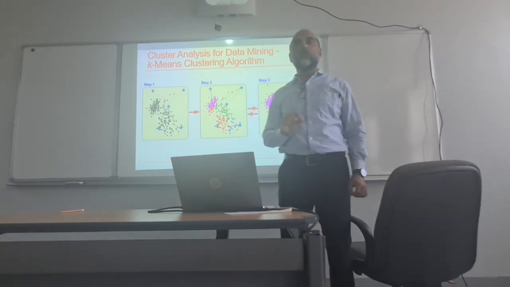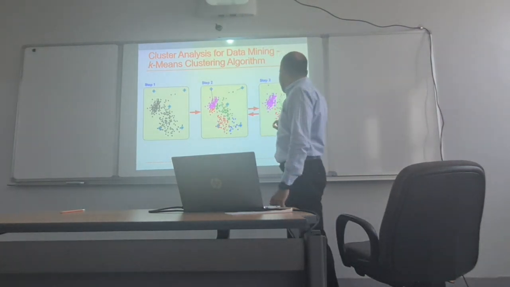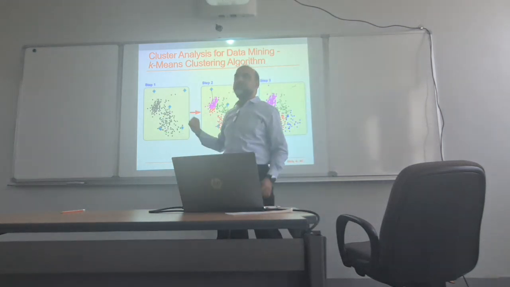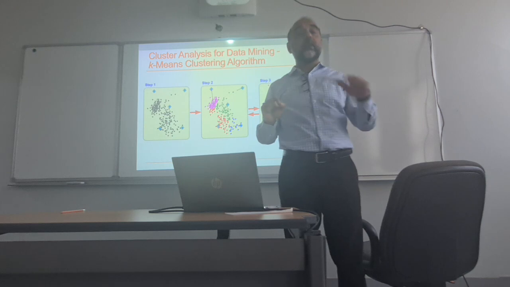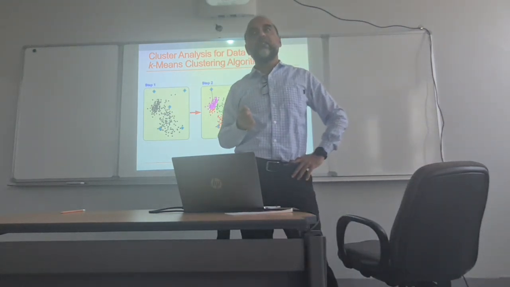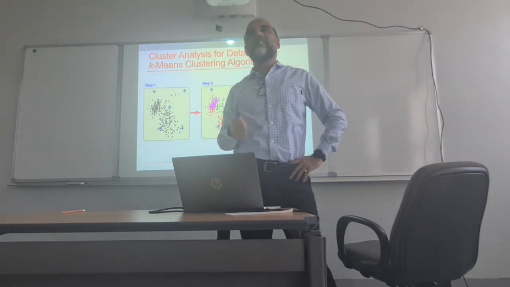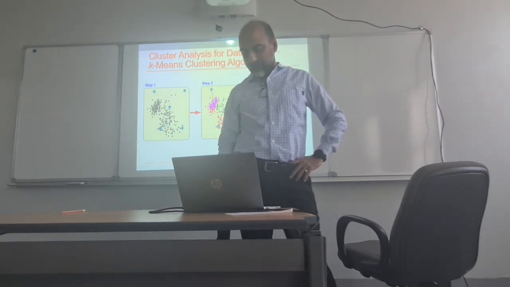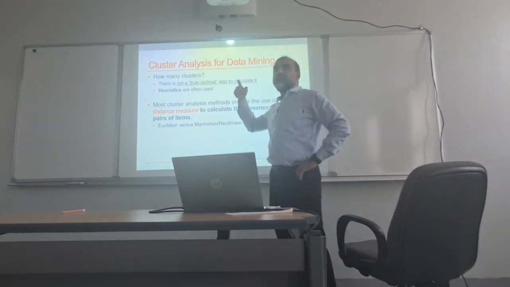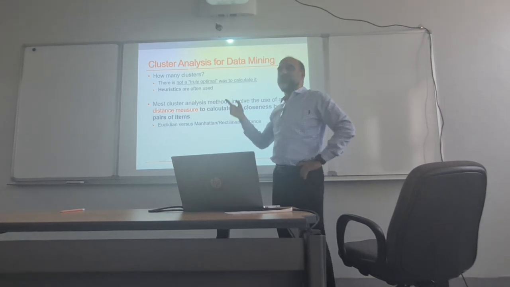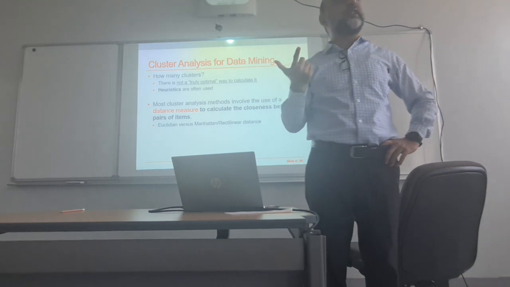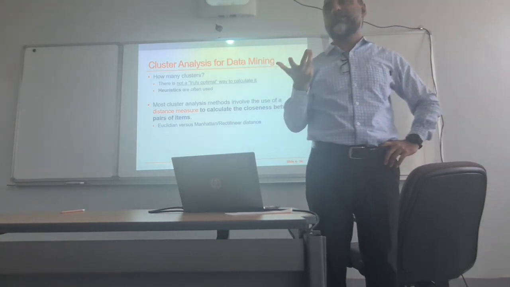Now to define the group, we always need to define what is called a center. What is called a center? Randomly set. Even before that, we need to first tell the algorithm how many clusters to test. So the algorithm needs to first assume, let's try 2 clusters, let's try 3 clusters, let's try 4 clusters, and then there is a way to see which number of clusters is giving you better results.